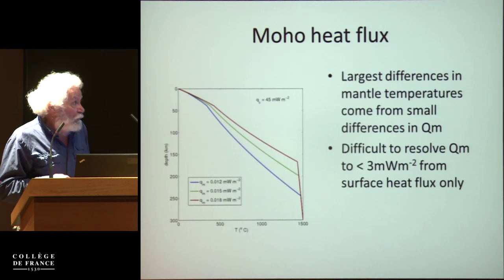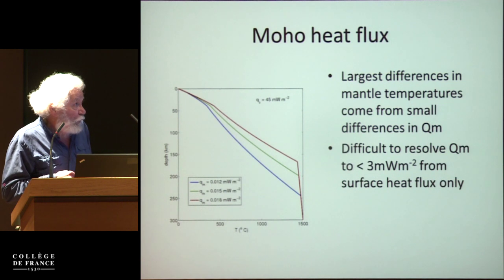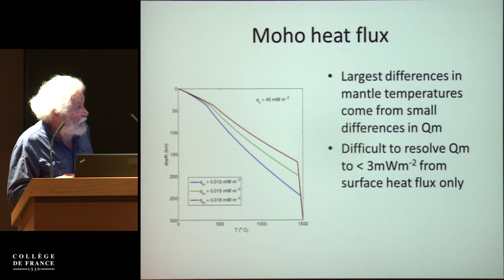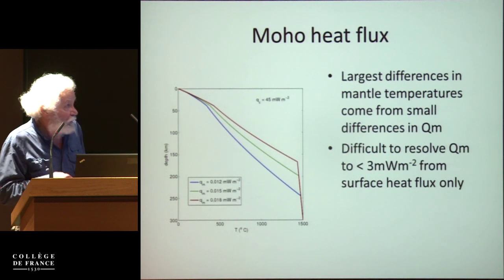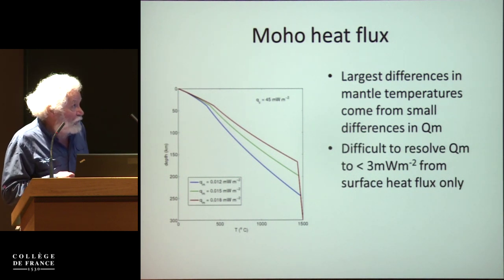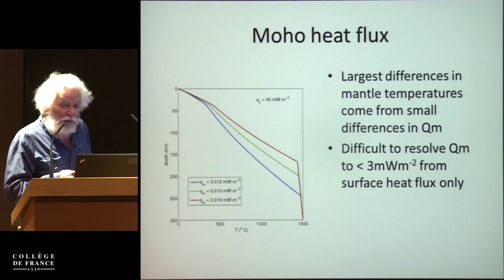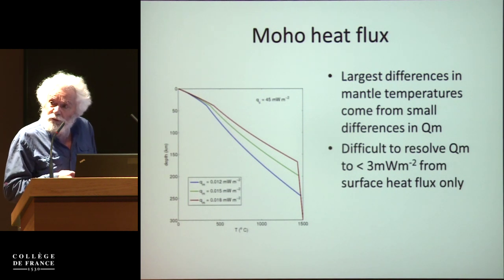And you see that varying the mantle heat flux by plus or minus 3 milliwatts per square meter makes a huge difference in the